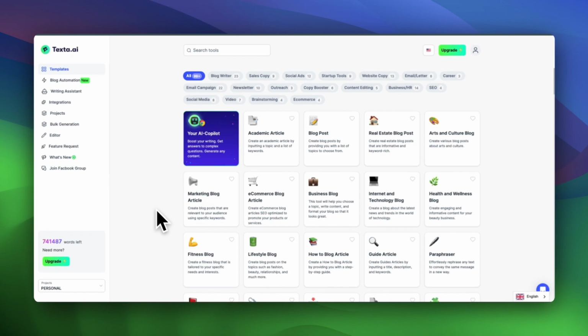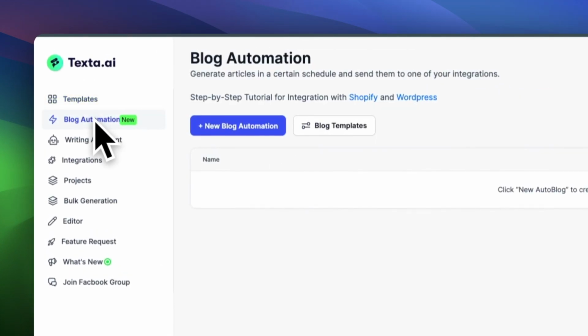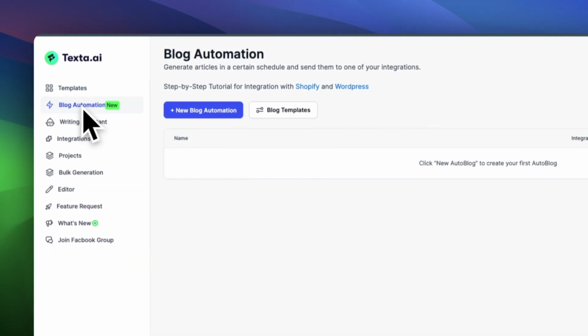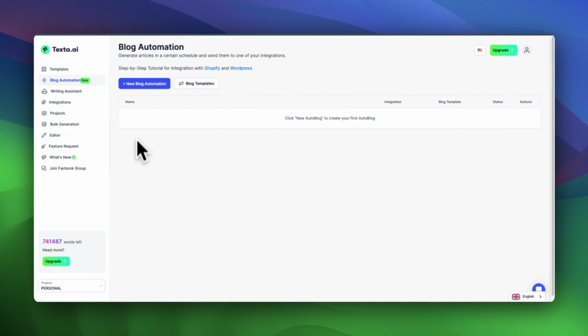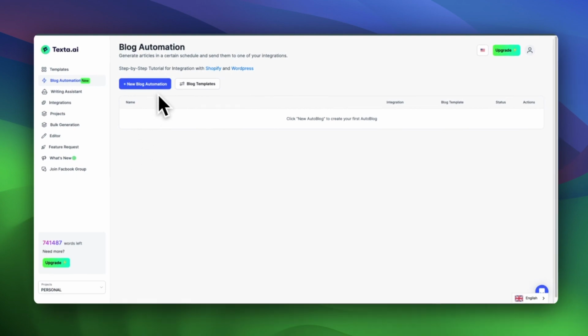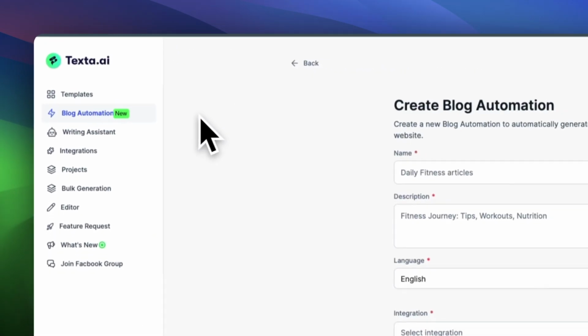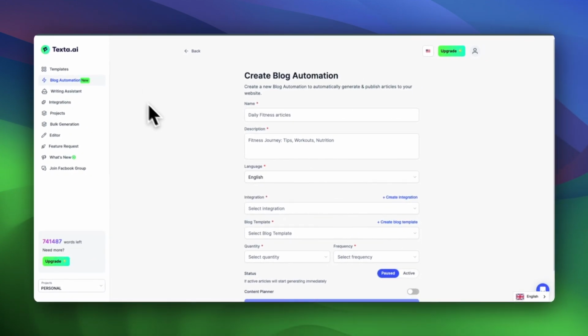Now let's break down the setup process. After logging into your Texta dashboard, navigate to the blog automation feature. This is your command center for initializing and managing your automated content production. Let's say you run a real estate agency blog. By accessing the blog automation feature, you can set up a system. This system will regularly publish articles on market trends, home improvement tips, or property investment advice, all based on your